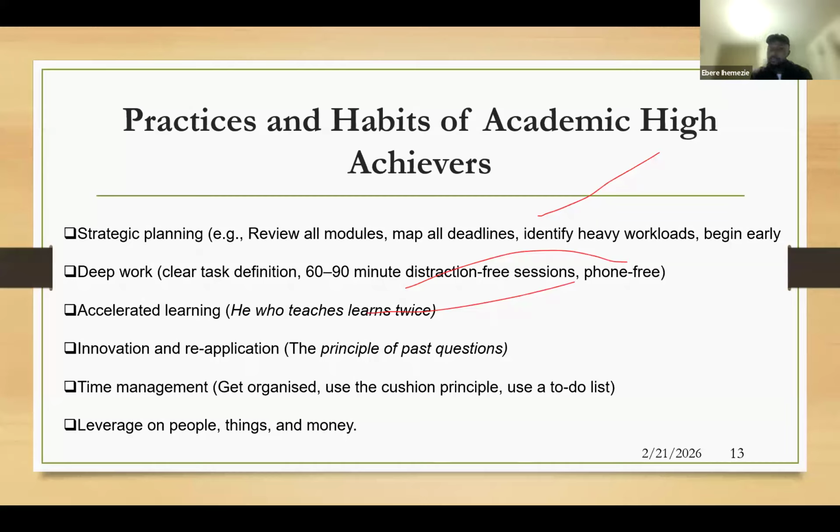And again, I know that my situation might not work because there are people that need to work while studying. I know of a particular lecturer that was working while he was a student. I think he was doing some part-time work with Nigerian Breweries in Enugu, and he also ended up finishing with a first class. But I think it all boils down to